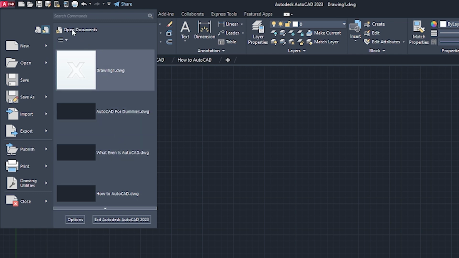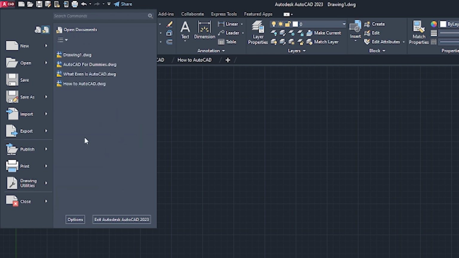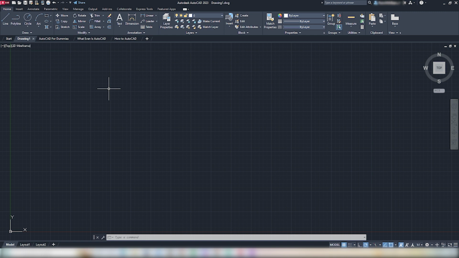So there's that option. Now, once you actually have other drawings that weren't created on the same day, you can actually sort these by size, by date, by file type. There's all kinds of things you can actually customize. I just happen to create all these in the same day, so we're not going to see that little button that'd be right here. All right, that's enough talking about the application tool,